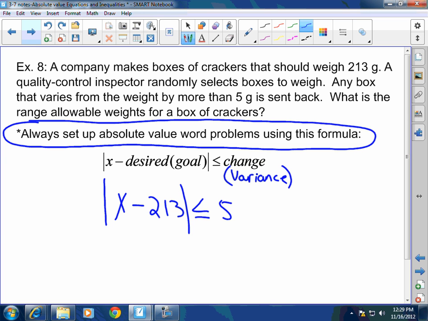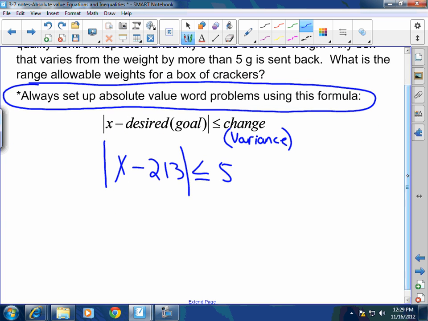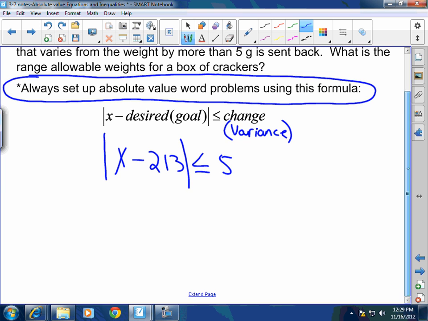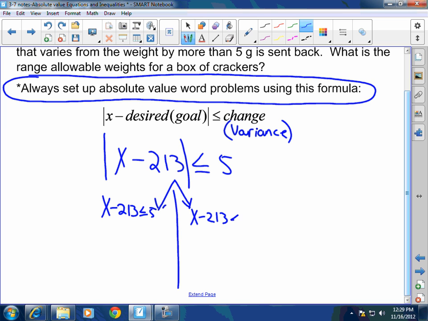5. The goal is 213, I already said. Okay? Desired goal, yes. So now, what, sir? Yes, sir. No, you're not supposed to add anything. At this point, now you split it up. Positive, x minus 213 is less than or equal to 5. Negative side, x minus 213 is greater than or equal to